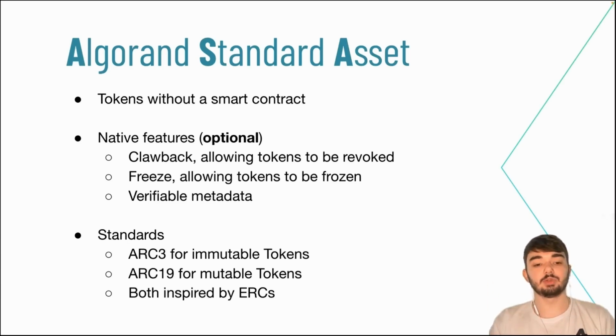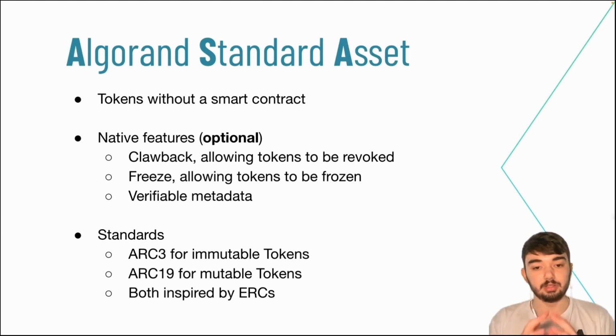And then we can associate verifiable metadata to our tokens. In blockchain, we don't want to upload huge image files to the chain, but we want to associate our tokens with an image so we can see something pretty when we look in our wallet. What the verifiable metadata means is that we can point to some off-chain image and verify that that off-chain image is indeed the image that we want to display.